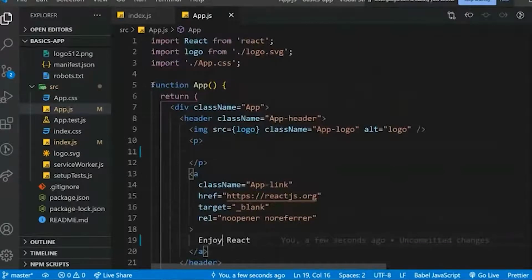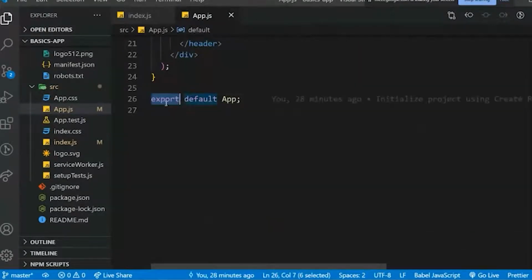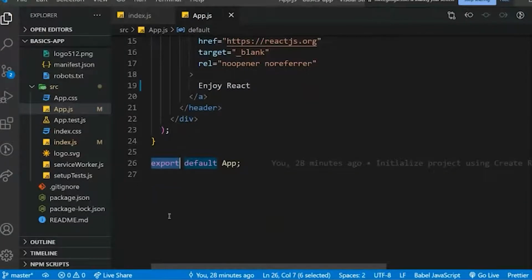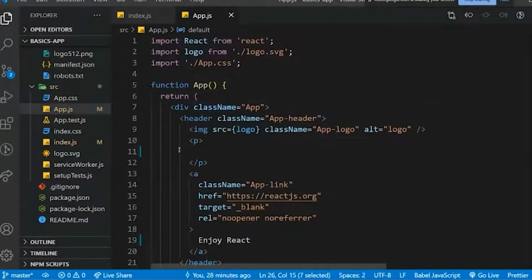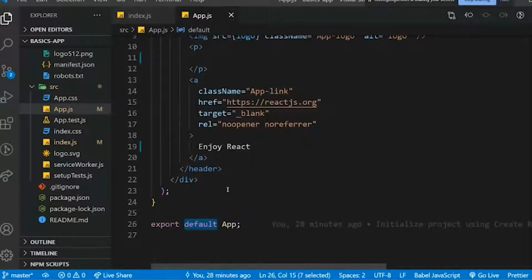Now, afterwards, what I'm doing, I'm saying export. As with import, export means we are saying export this file, but there is a default keyword. The default keyword tells that if any file is using this file, we will by default, let's say